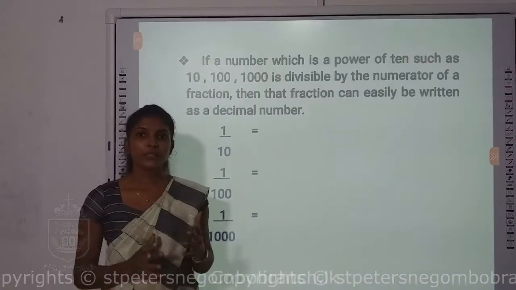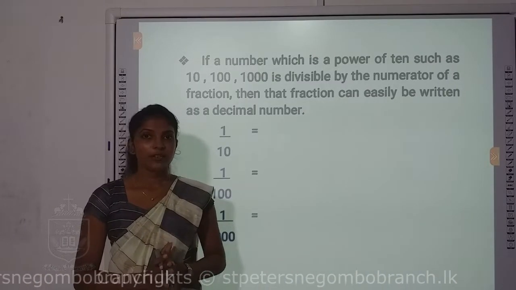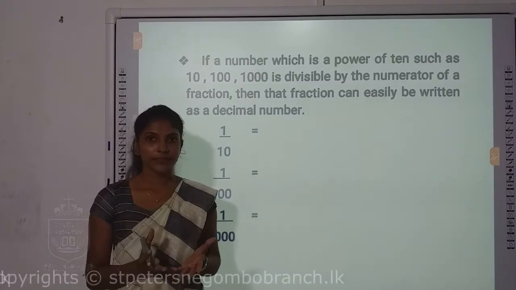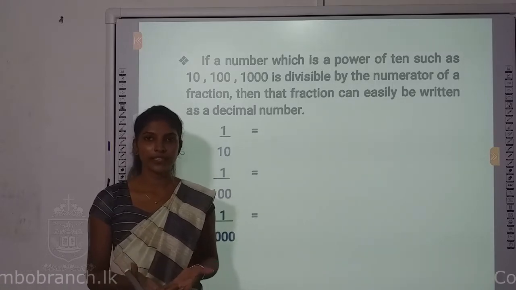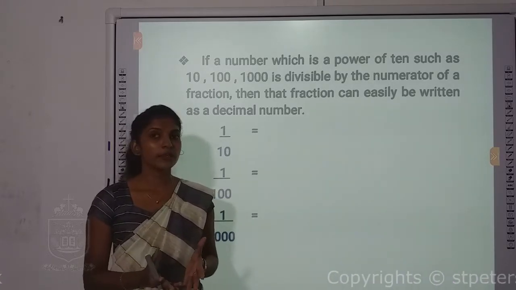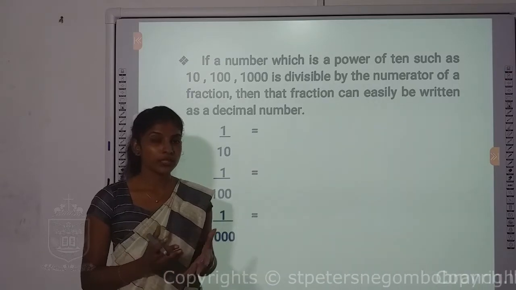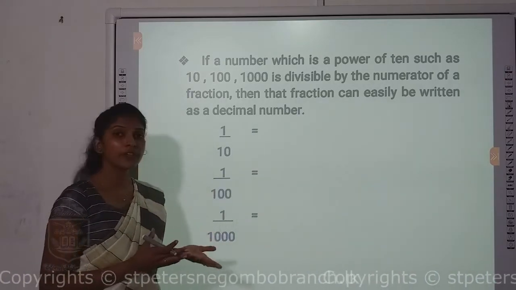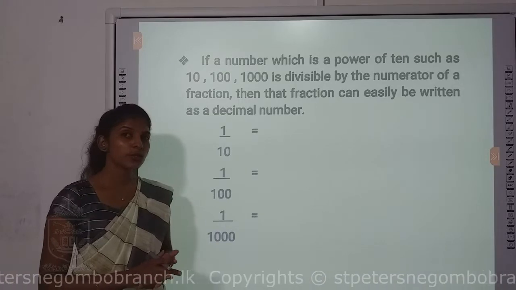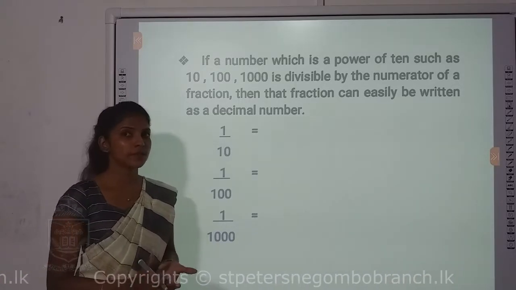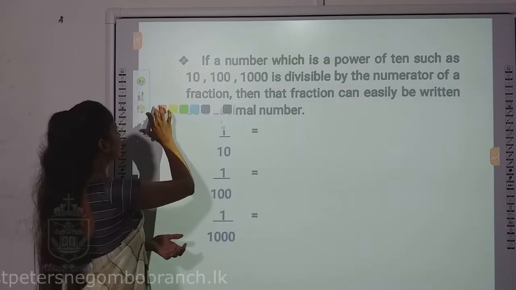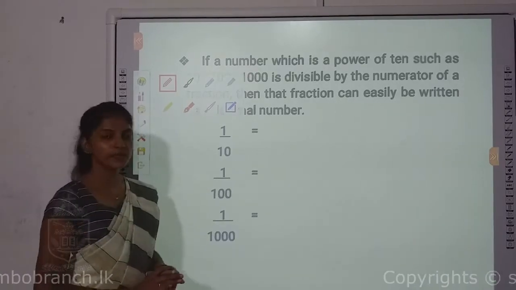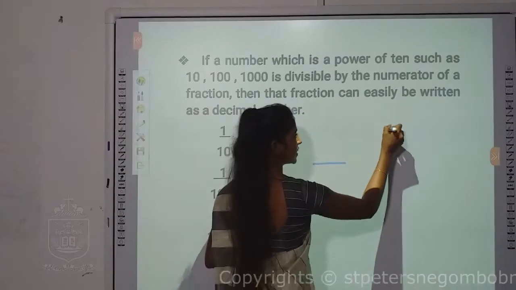Right, so you already know what a decimal number is. If you are given a fraction, you all can convert that fraction into a decimal number. How can we convert? You know that if you have a fraction with a denominator value as a power of 10. So you should know what are powers of 10. What are powers of 10? Numbers 10, 100, 1000 are powers of 10. You know what powers of 10 means?